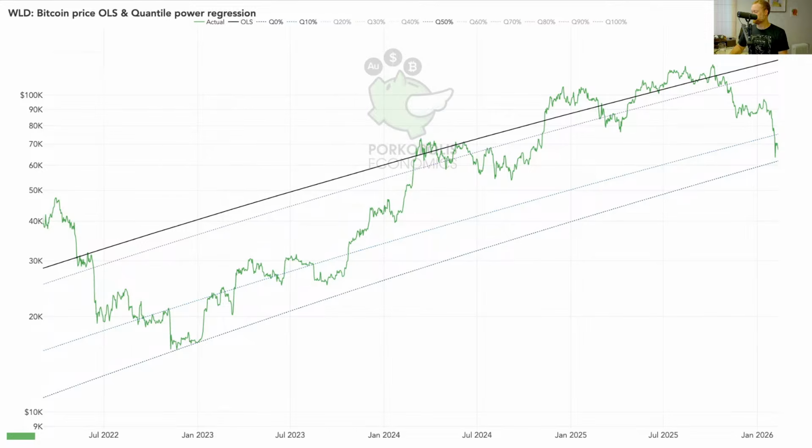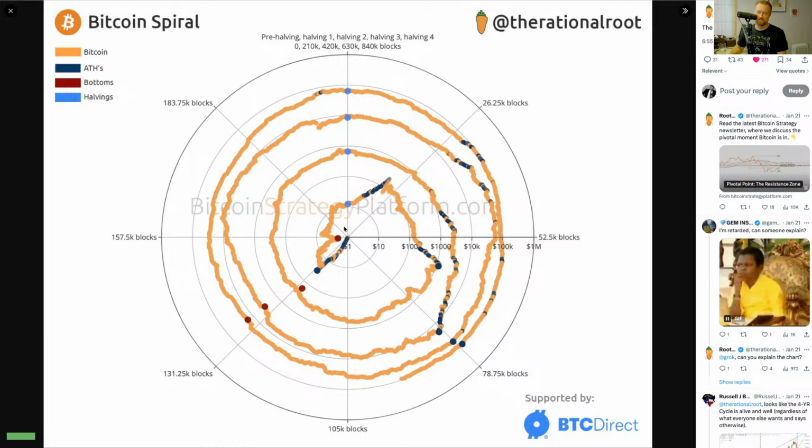But also, you probably missed this part. You know, I focused on the old rational root. Not to repeat myself too much, but everybody was saying the 4-year cycle was over, right? Block 0, 210, 420, 630. No, sorry. Block 0, 210, 420, 630, 840. That's right. We're getting close to 1 million. I mean, look at the last top. Happens about a year and a half after halving, and then look at the bottoms.